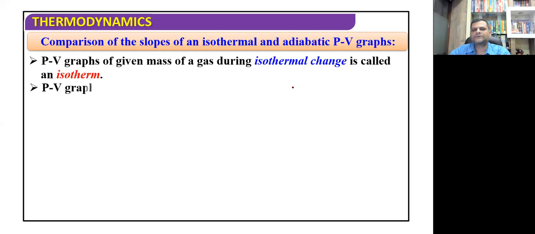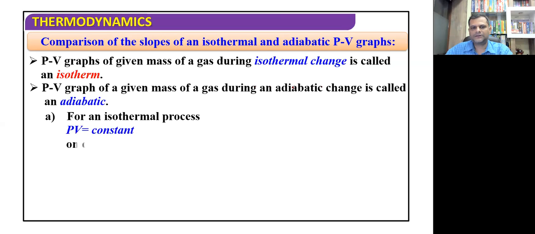See, in case of, just note this here, PV graph of isothermal change is called isotherm, and PV graph of adiabatic change is called adiabatic. Okay, and